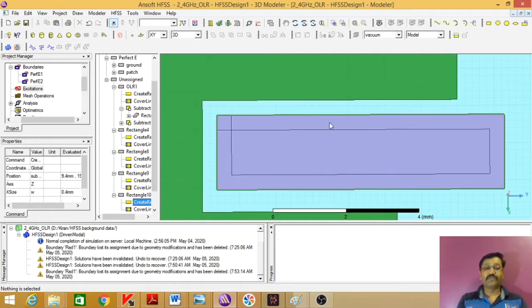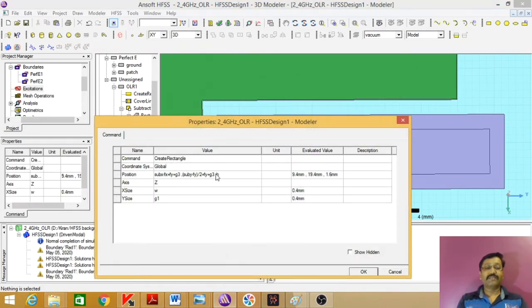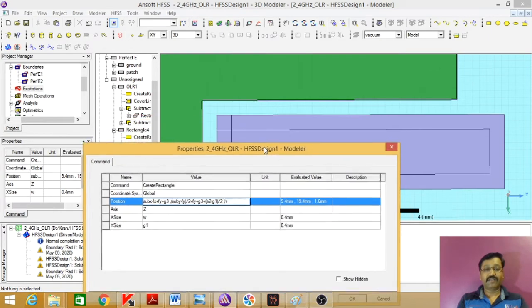So I want this to be at the center, so I'll play with the y dimensions. Simply I will add A2 minus gap G1 bracket complete divided by 2. It must align at the center.